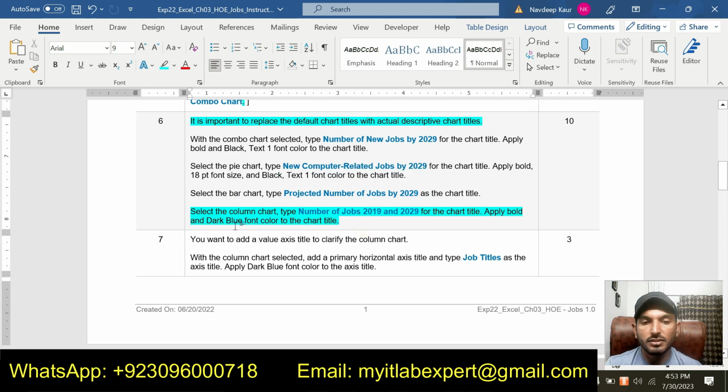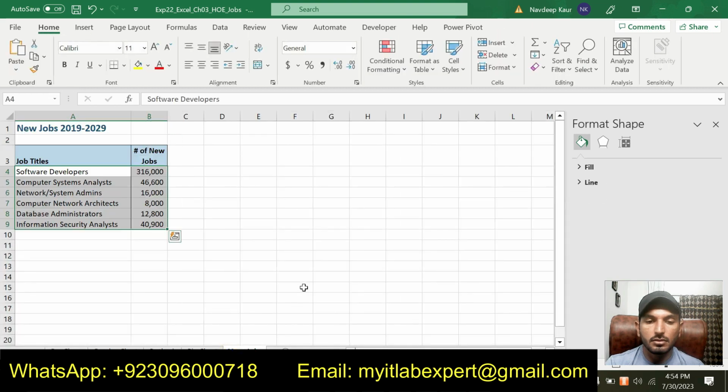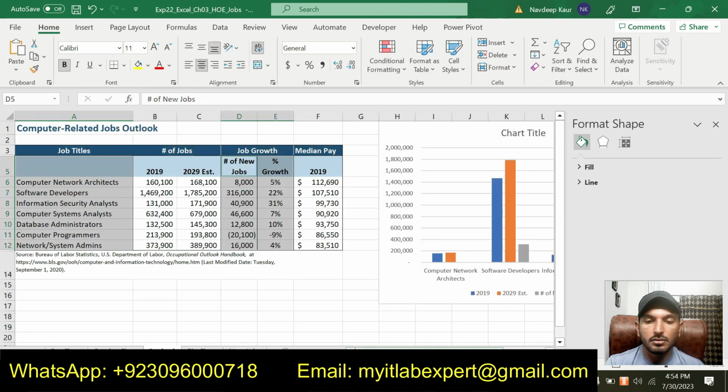And last one is this one. Select the column chart and type number of jobs 2019 and 2029. This one.